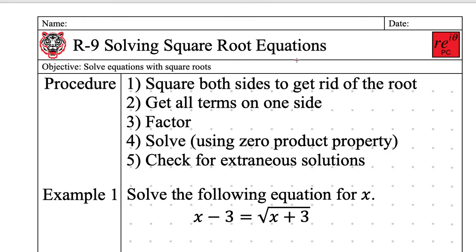All right, so we are in Precalculus lesson R-9. Today's date is Tuesday, October 22nd, 2019. Our objective today is